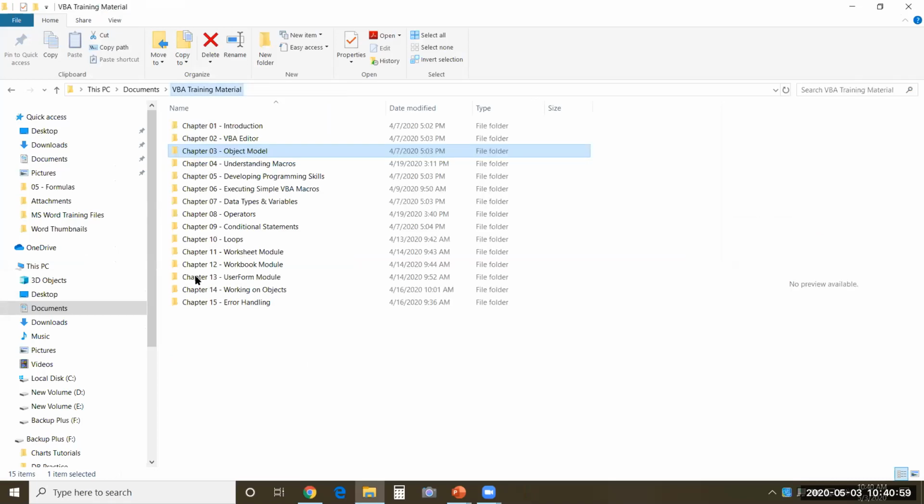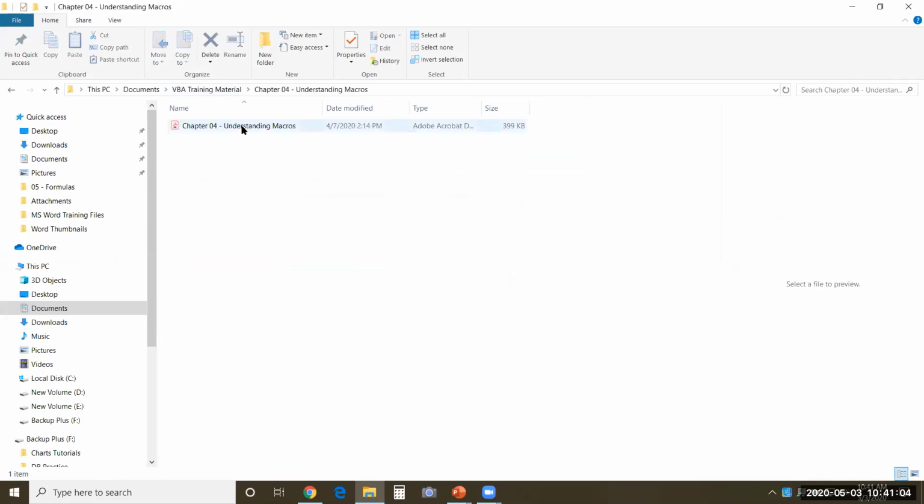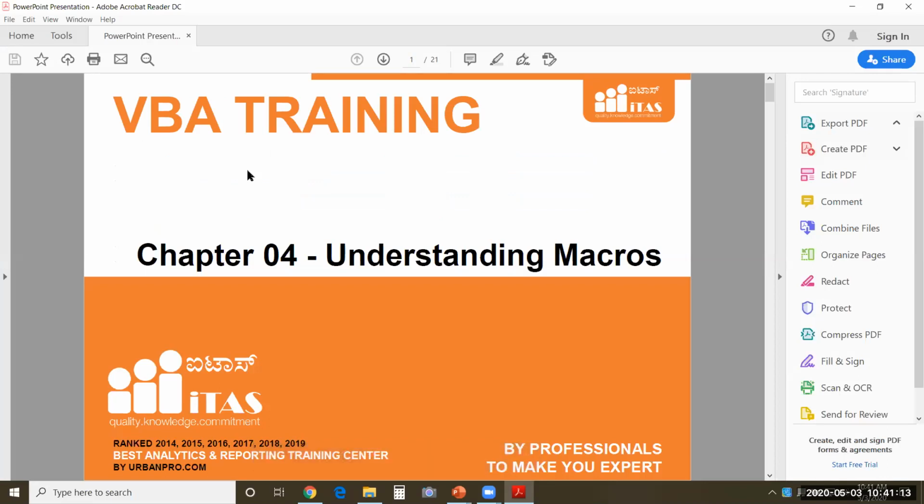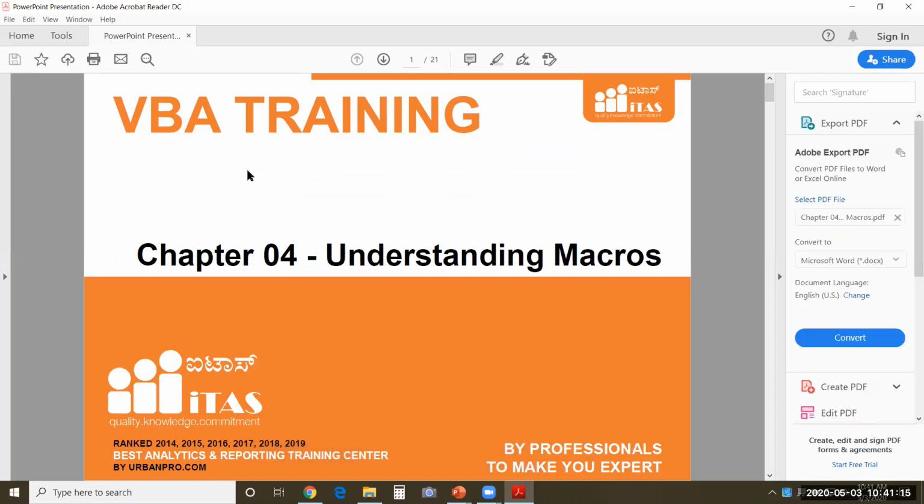So next, I'll take you to this one, understanding macros. So how exactly are we going about it? After we have briefly given you detailed information about why VBA, how it is used, and what the different types of windows and toolbars available are, and also the methods, object model, properties, events, these things are explained. Then we'll teach you how to start writing macros, understanding it.